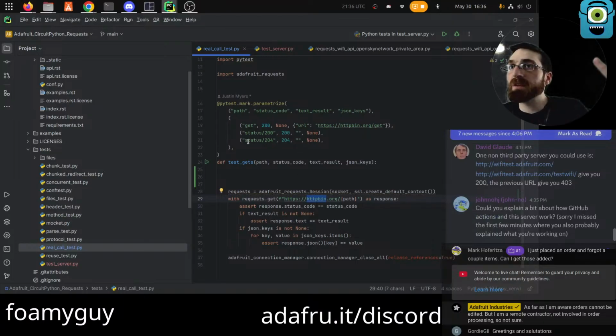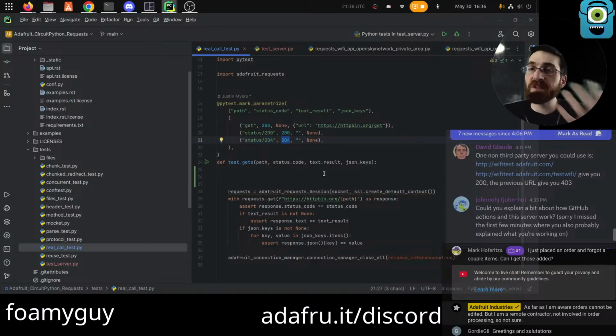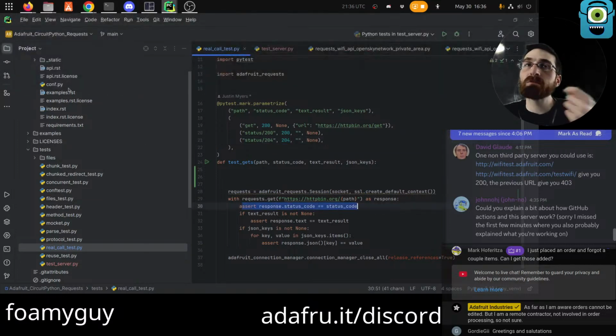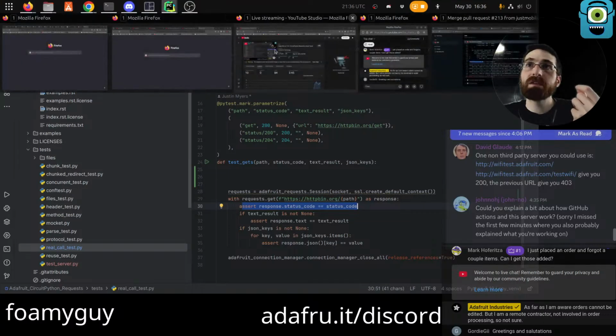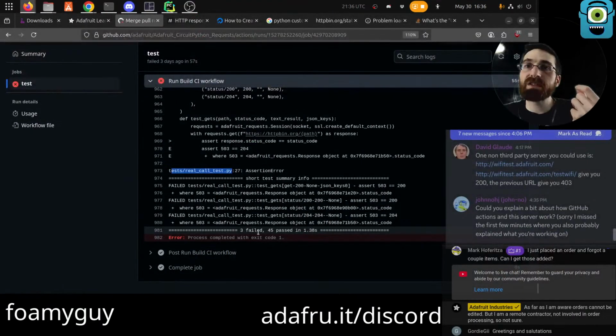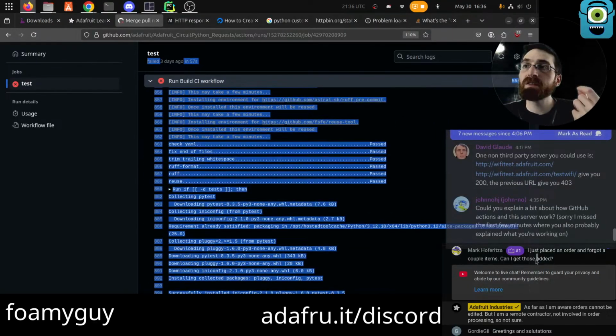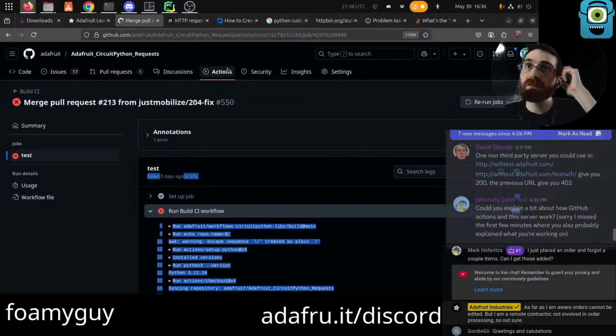So you send it a request status 204. If it is working properly, it gives you back a 204 with an empty body. Everything's happy. If it's not working successfully, you might get back a 503 or a 502 error, in which case the assertion will fail because it's not 204. And that is essentially what caused this actions failure here inside of requests.